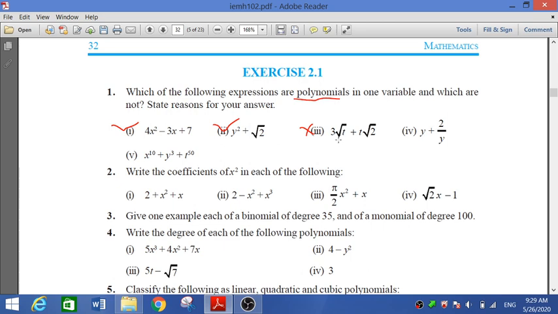Why? Because here under root t, if I want to remove this under root t, 9th में first lesson में हम लोग ने पढ़ लिया है. We have already taught it. If I want to remove the under root, I have to write 1 upon 2. So t the power 1 upon 2, we can say it is not a polynomial. Why? Polynomial means non-negative integer power.